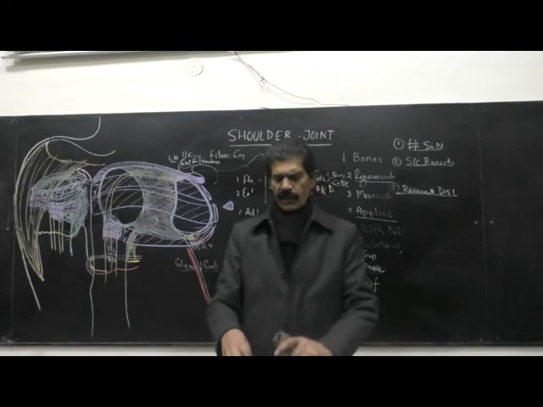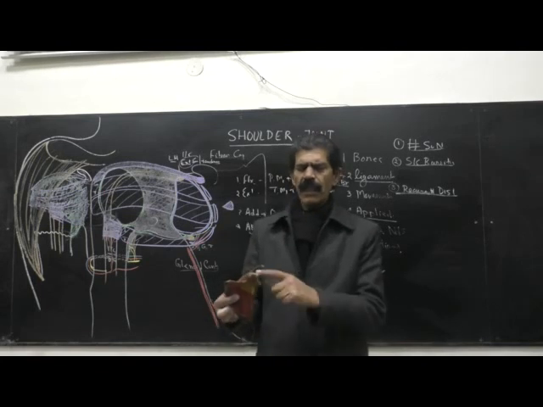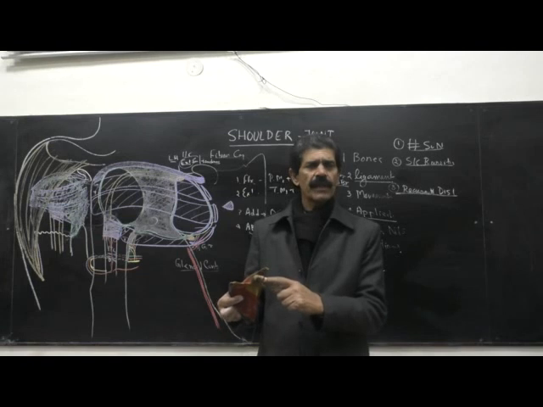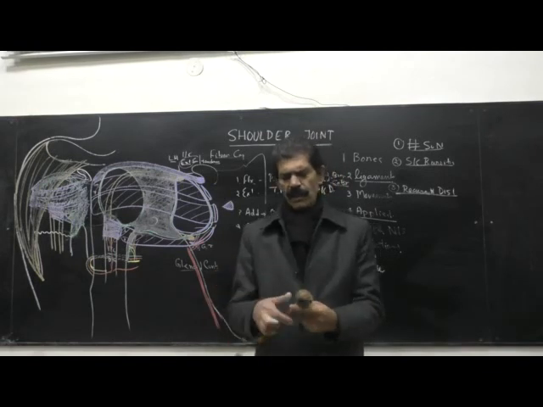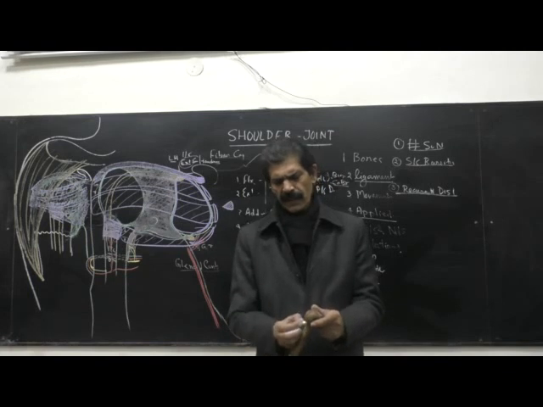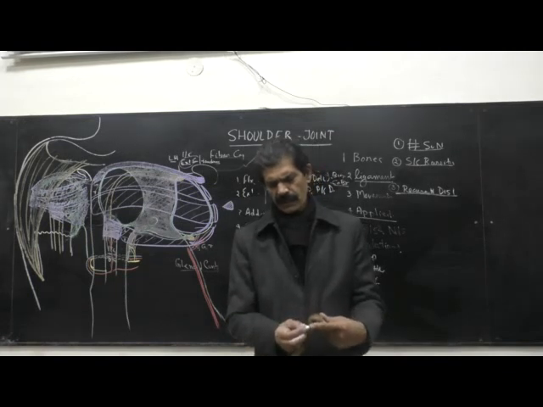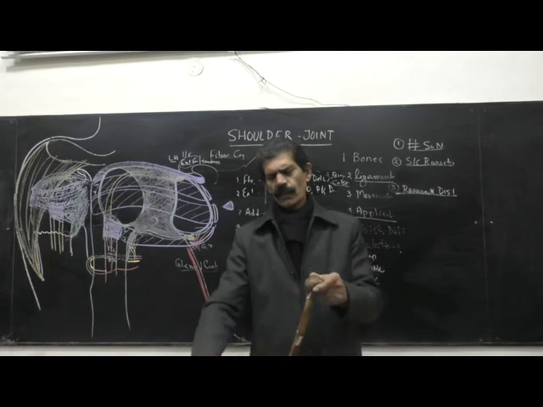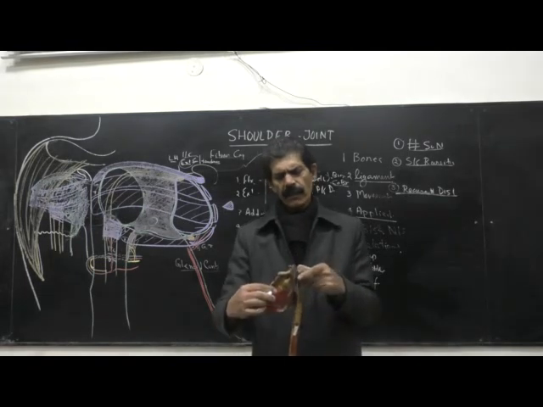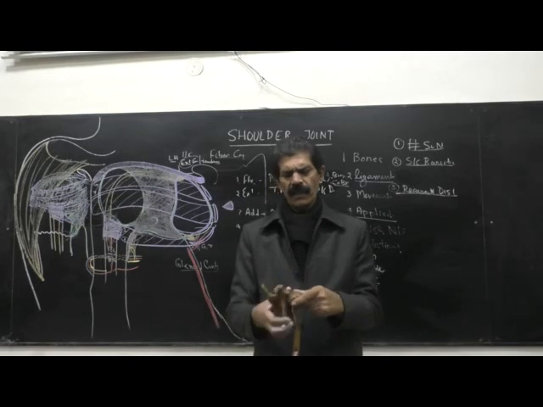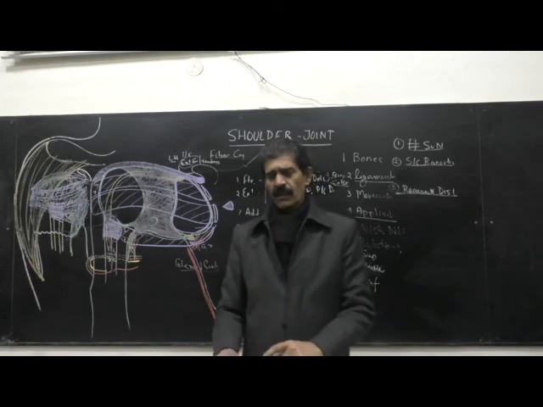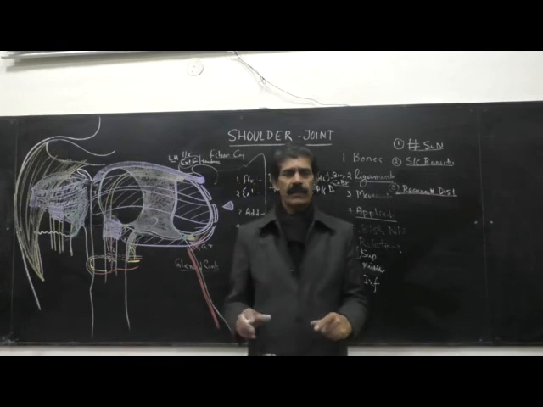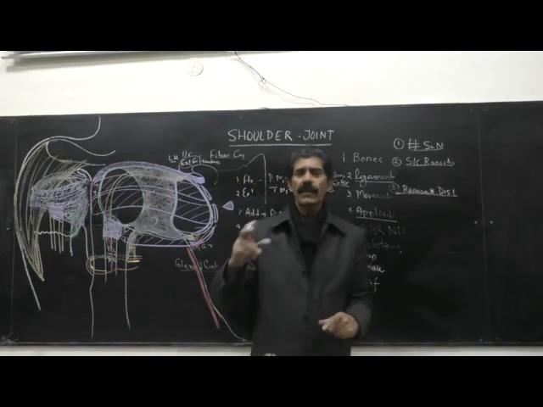This dislocation is possible when there is a tear in the labrum glenoidi. In these patients the labrum glenoidi is torn, and after tearing, the head of the humerus slips down because the fibrous capsule extends up to the surgical neck. Due to the inferior extension of the fibrous capsule, the head of the humerus slips easily into this pouch-like structure. So one measure is that in recurrent dislocation there is a tear of the labrum glenoidi,